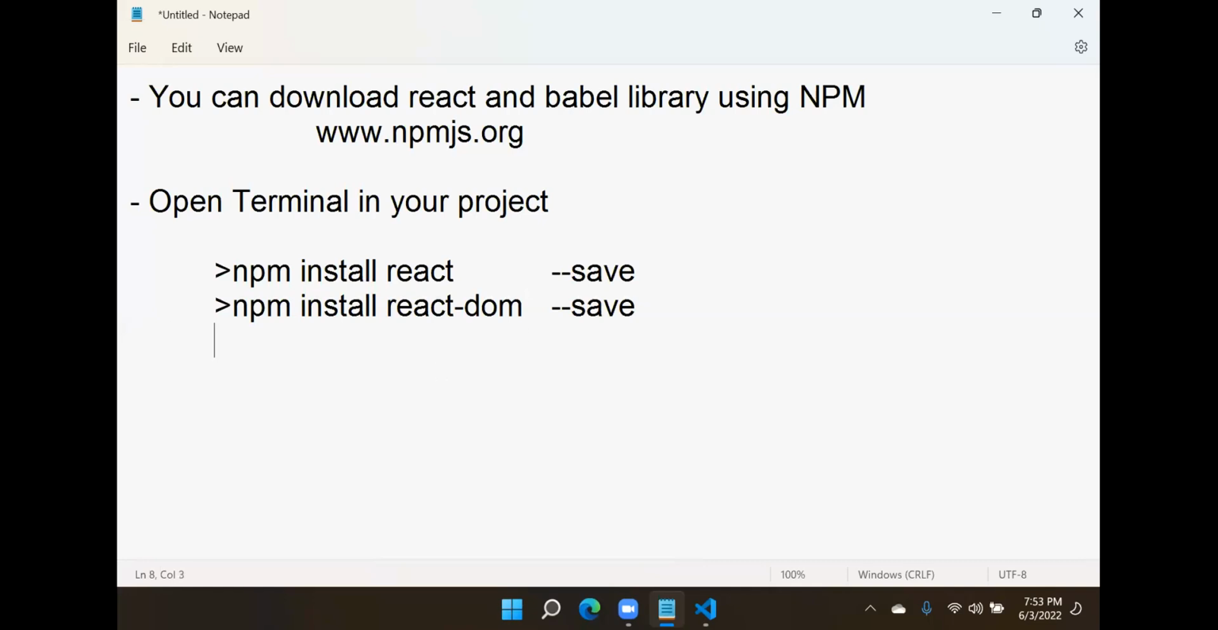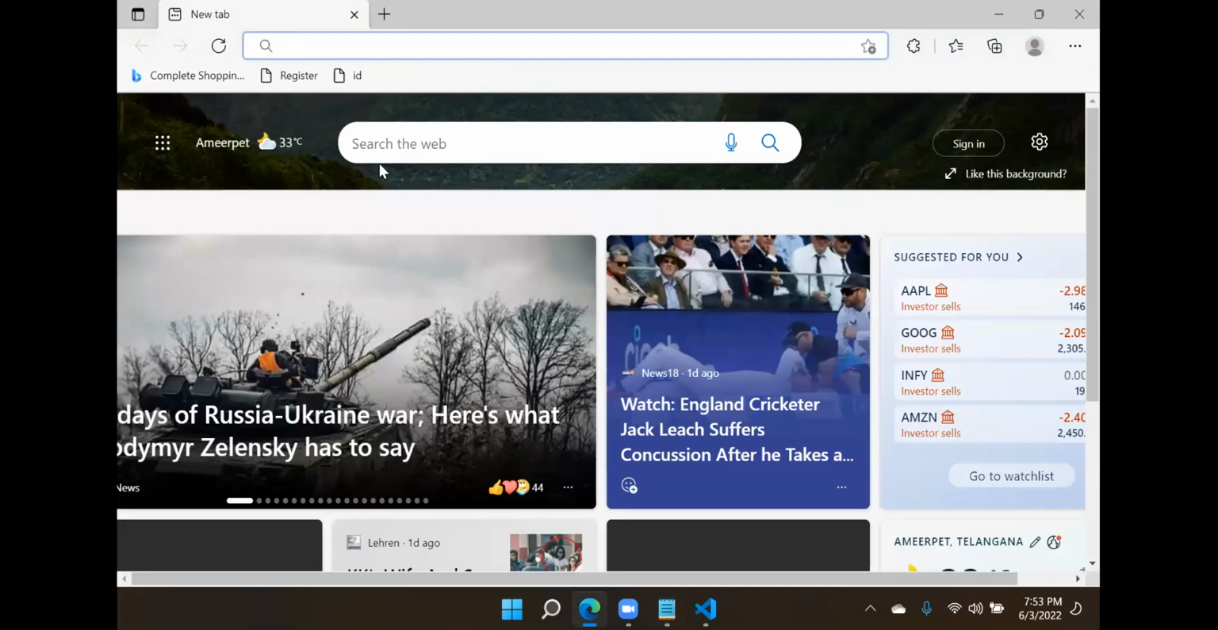Now one more library we need. What is it? Babel. Babel has a lot of things, but we don't need everything. We need Babel standalone. Sometimes Babel versions keep changing and we are not clear about which one it is. Then take help of this library site,